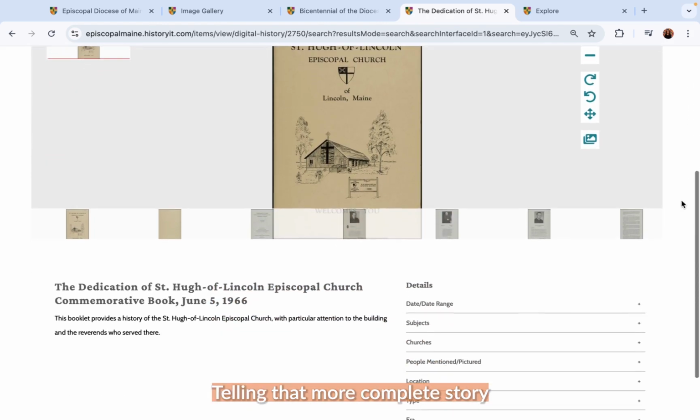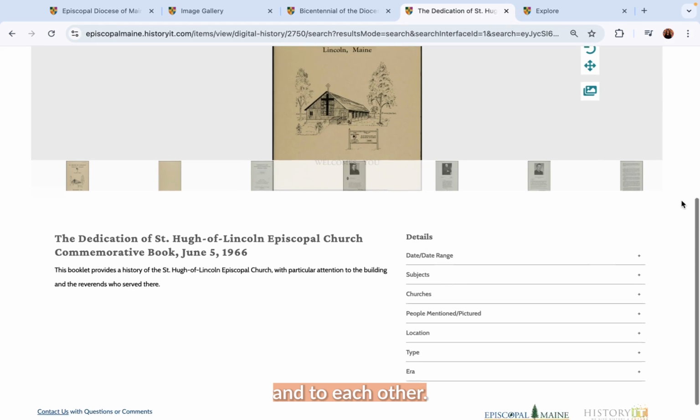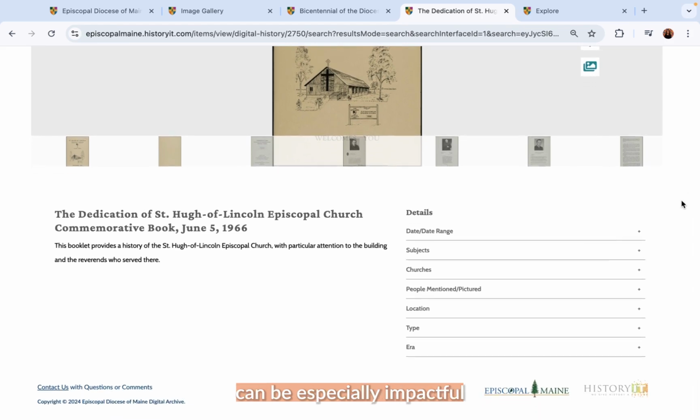Telling that more complete story is what can be really powerful when engaging your congregants and community to help them feel connected to the church and to each other. This type of storytelling can be especially impactful when fundraising to continue your work to create and support that spiritual